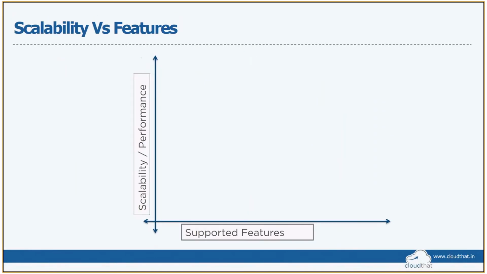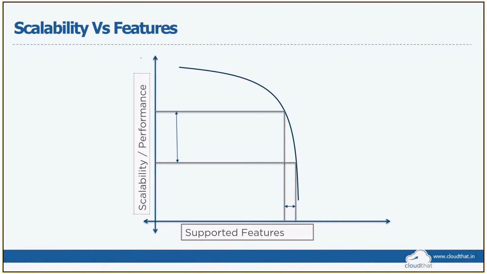So if I plot a graph of performance or scalability against the supported features of a particular database, the graph would be something like this. You see there's a steep curve after a particular point, so in that area, if you increase the features a little, you will let go of a lot of the scalability that the database offers. Key value store databases lie on the topmost part of it, where they don't have a lot of supported features, but their main specialization is being able to scan through data faster and respond to queries faster.